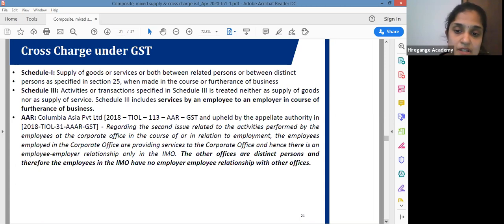When it comes to the other offices, these are distinct persons because these are different establishments, different offices, and therefore the employees have no employer-employee relationship with other offices. Consequently, it was said that there is a supply of these services by the branch office or the corporate office from one state